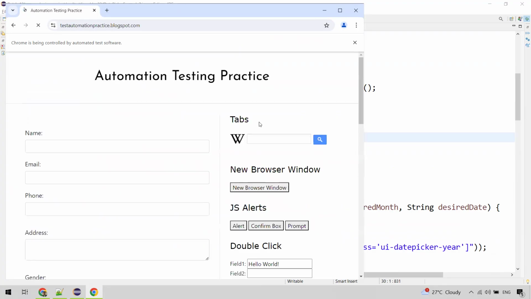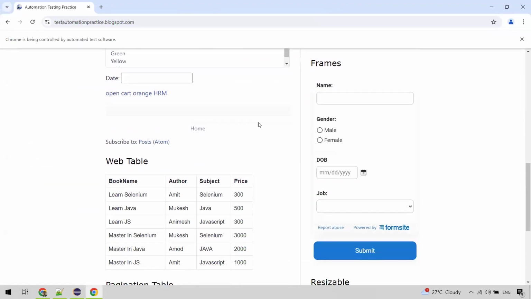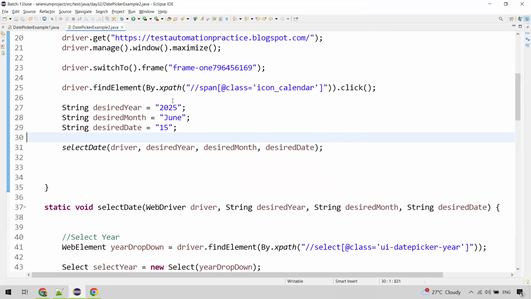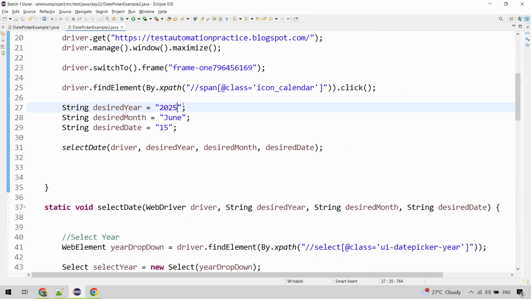Yes, today it seems like it's taking a long time to load. Yeah, you can see, it clicks on it and it was very fast. So you can see the desired date has been selected. 6/15, that is June 15, I guess. Yeah, June 15. So you can see the desired date has been selected, right? You can actually choose a different date also. Like let's choose a past date